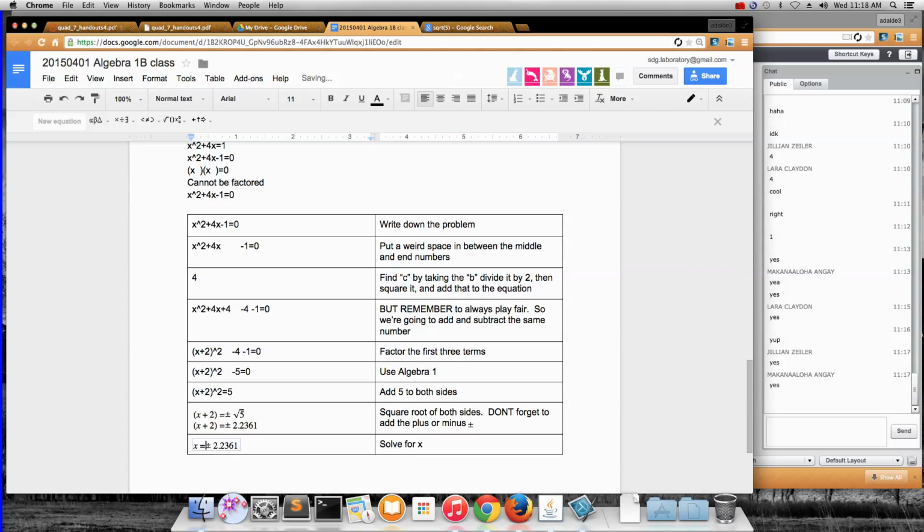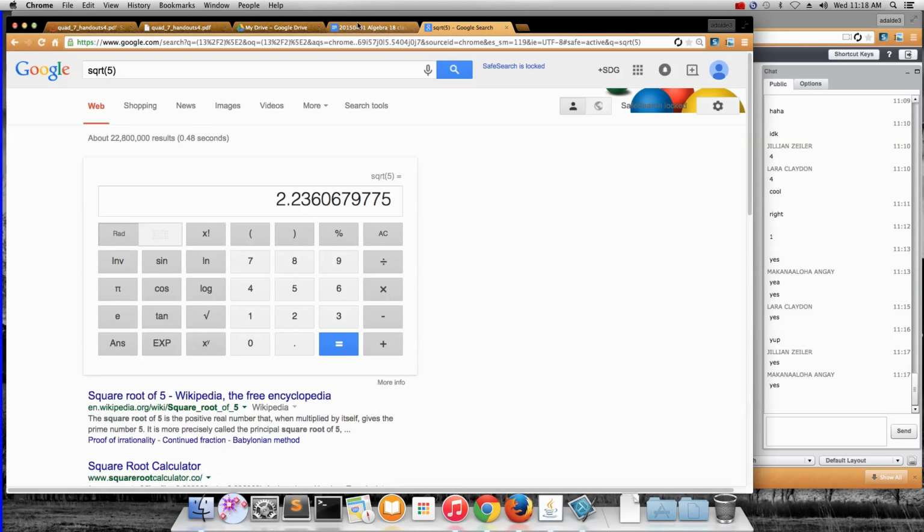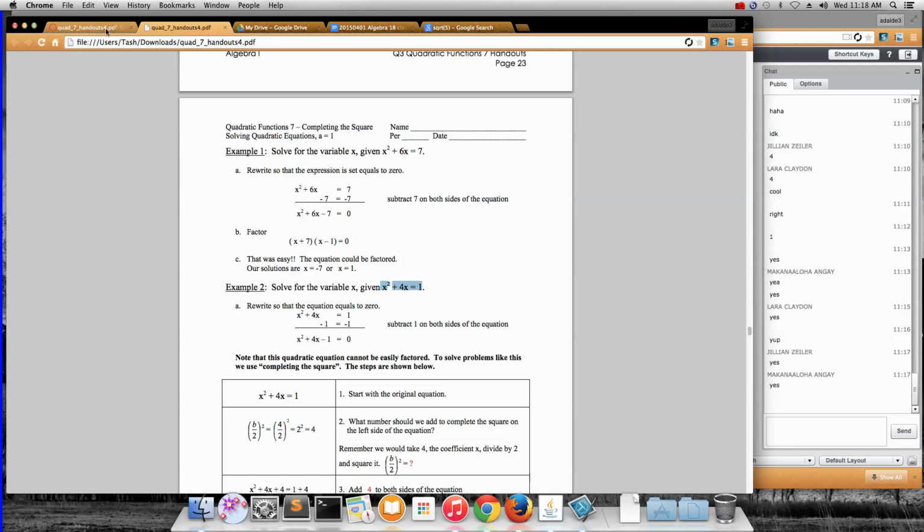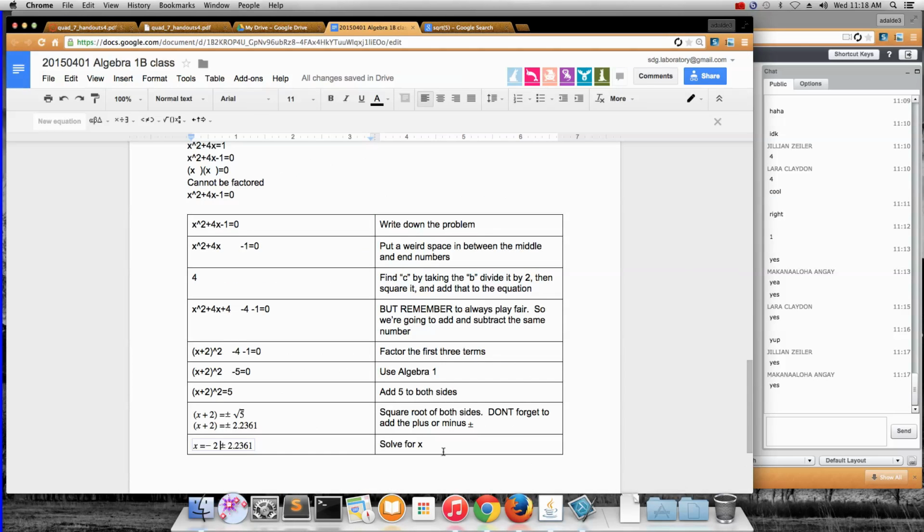Alright, so what is negative 2 plus 2.361? That would be positive 2.2361. And what is negative 2 minus 2.361? So this would be,